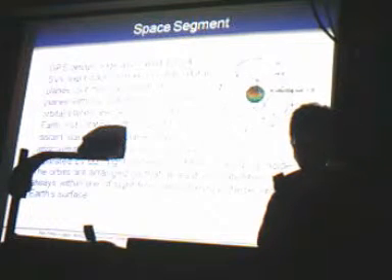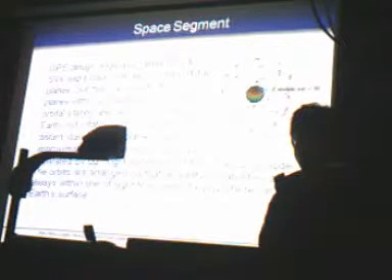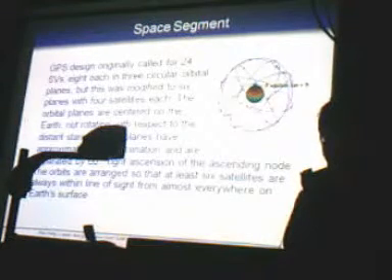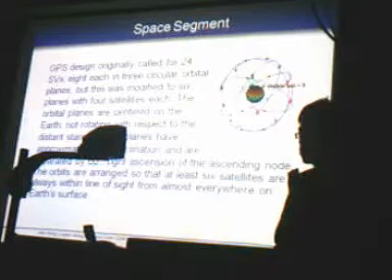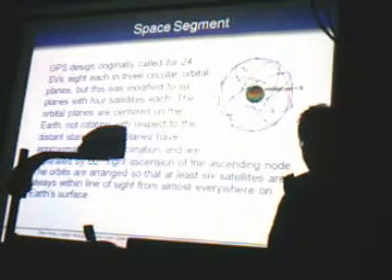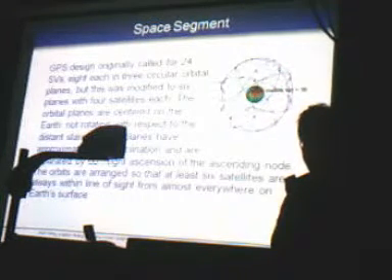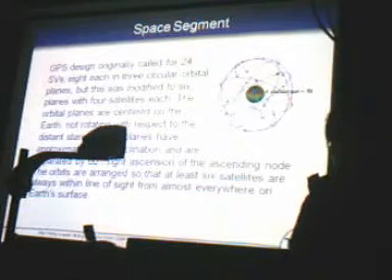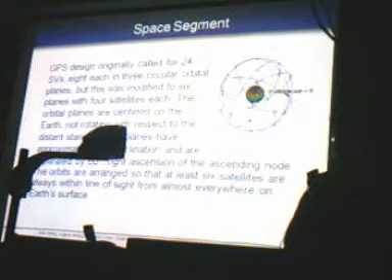Now I'm going to introduce the space segment of the GPS system. The GPS design originally called for 24 SVs, eight each in 3 circular orbital planes, but this was modified to 6 planes with 4 satellites each. The orbital planes are centered on the Earth, not rotating with respect to the distant stars. The 6 planes have approximately 55 degrees inclination and are separated by 60 degrees right ascension of the ascending node. The orbits are arranged so that at least 6 satellites are always within line of sight from almost everywhere on